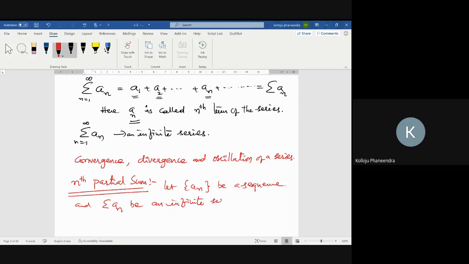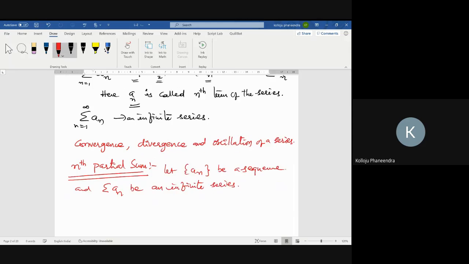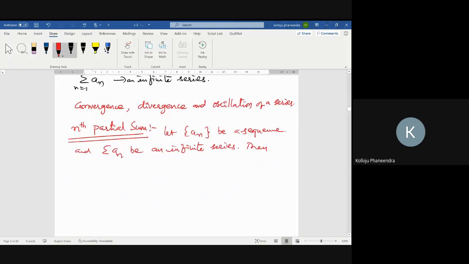Then the sum of the first n terms in the sequence,